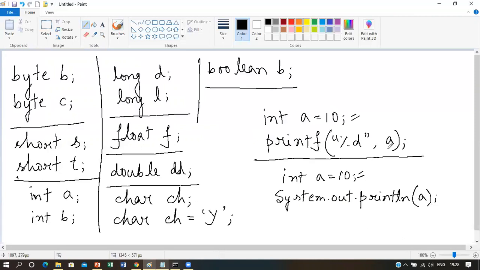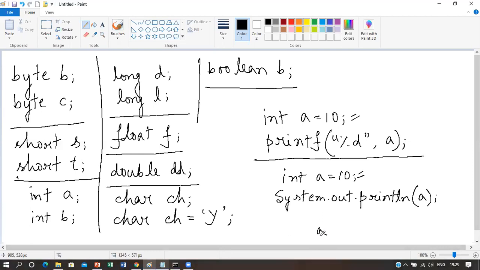If you want to show the value of a only, without any statement along with it, then you just have to write the variable name, but not within double quotes, because if you write it within double quotes, then a will be shown. Whatever you write within double quotes, that particular statement will be shown on screen.